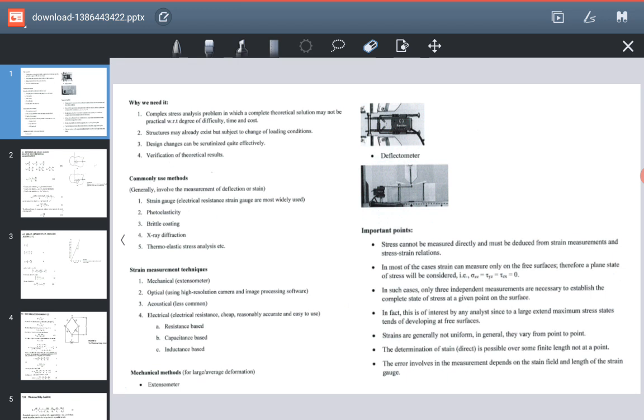Okay, so the rationale behind it is, number one, the complex stress analysis problem in which a complete theoretical solution may not be possible, or may not be practical without degree of difficulty, time or cost. Now let us assume that you have designed a certain system on MATLAB or on ANSYS. Such a system requires a lot of computational power from your processor, and what could happen is that, let us assume that